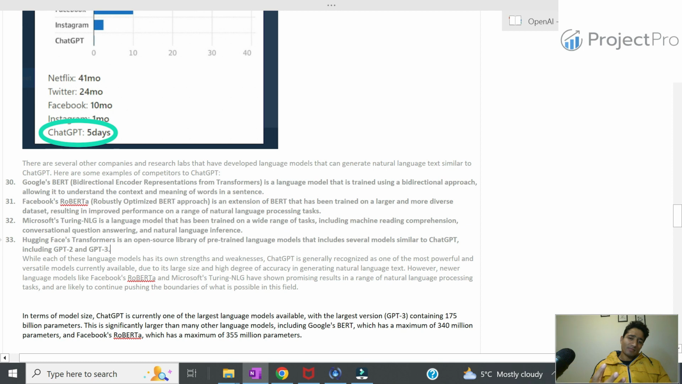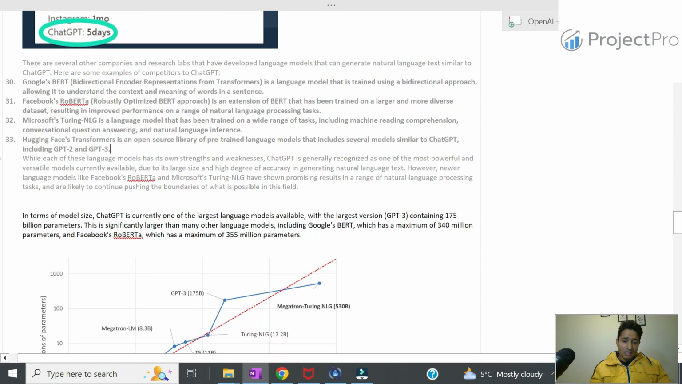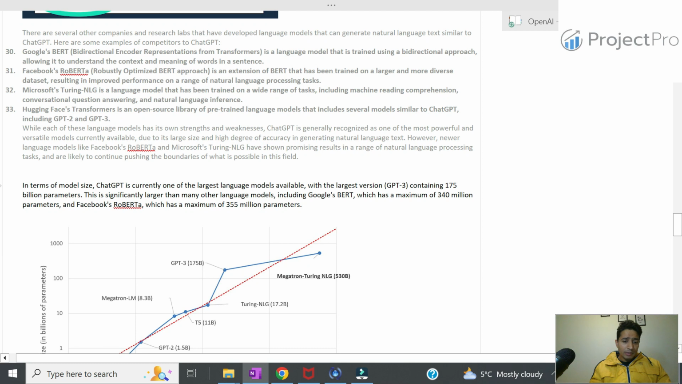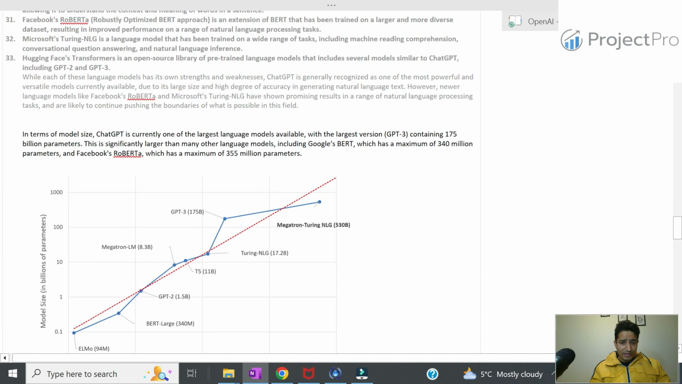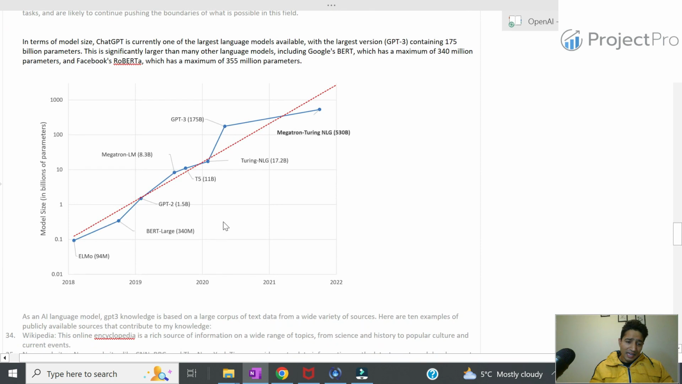So ChatGPT is not the only one, but it is among the largest models available in the market. In terms of model size, ChatGPT is currently one of the largest, 175 billion. Now, this figure is pretty important. For example, when we see Megatron, GPT, BERT large. Let's talk about BERT, the Google language model. It has only been trained on 340 million, so it means way less than